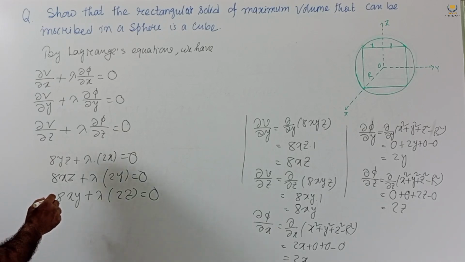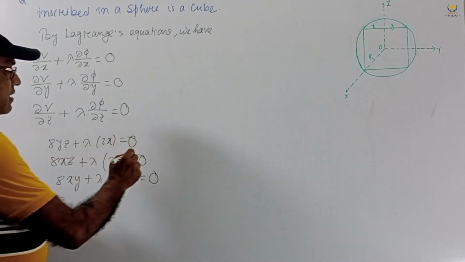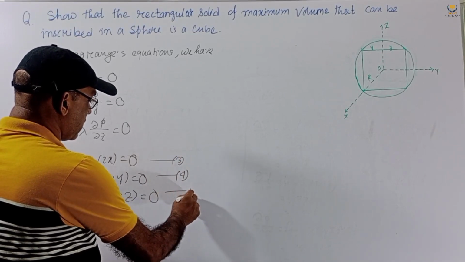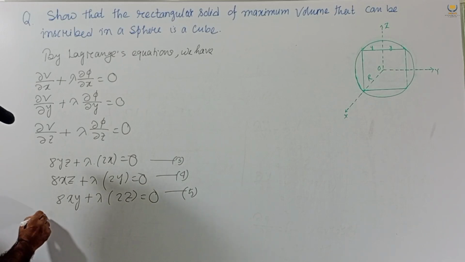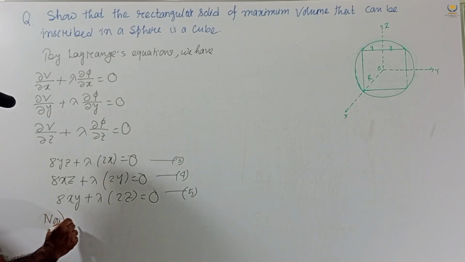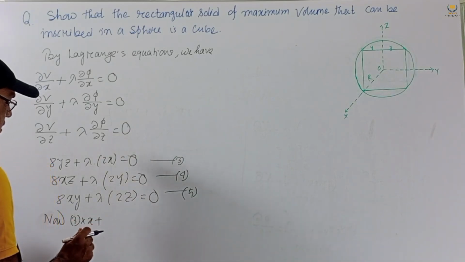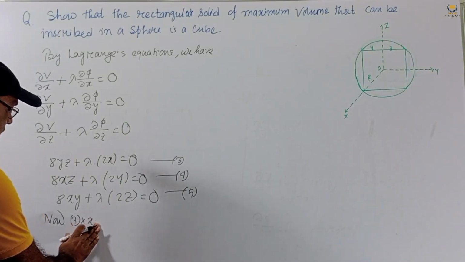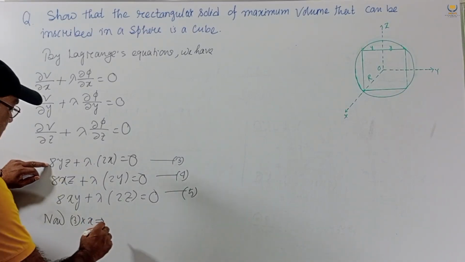So this will be, we consider this is number 3, 4, this one 5. Now we multiplying, now 3 into x plus 3 into x, if we multiplying 3 into x, then we get